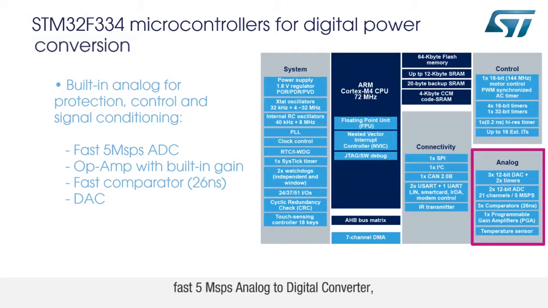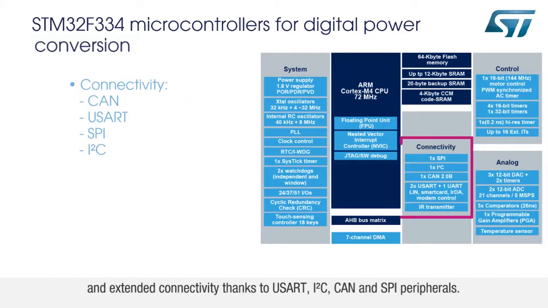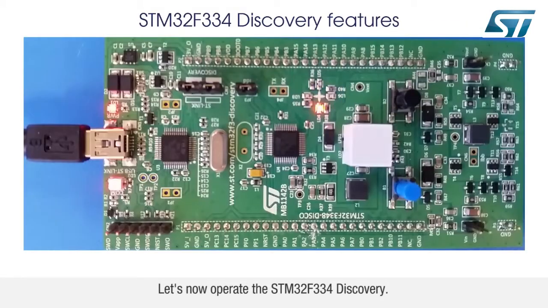Fast 5 megasamples per second analog to digital converter. Operational amplifier with built-in gain, fast comparators, digital to analog converters, and extended connectivity thanks to USART, I2C, CAN, and SPI peripherals. Let's now operate the